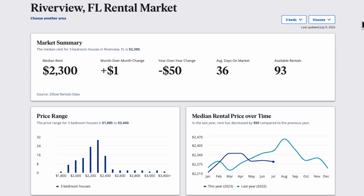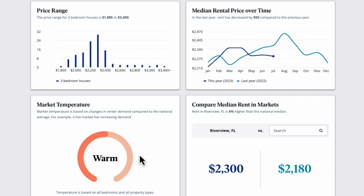Now, I know that my property has a bonus room. So essentially, it's like 4 spaces of rooms, with 3 of them having closets of being true bedrooms. So in this case, I know that I could likely increase my rent a bit and not be at that median price. And I also see that the market temperature is relatively warm, meaning there's still a high level of rental demand. Now, previously, I had rented my property out for, I believe, $2,500, and I had to knock that